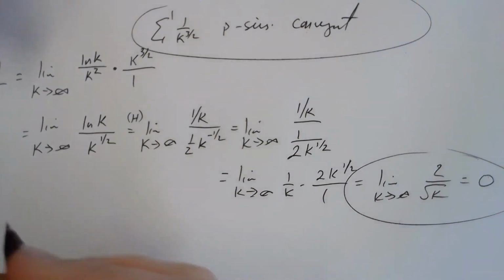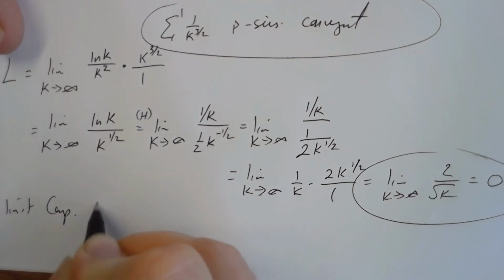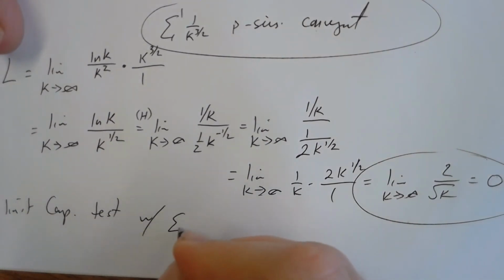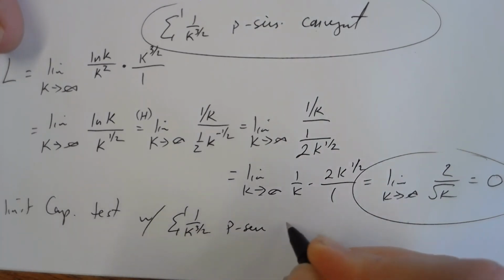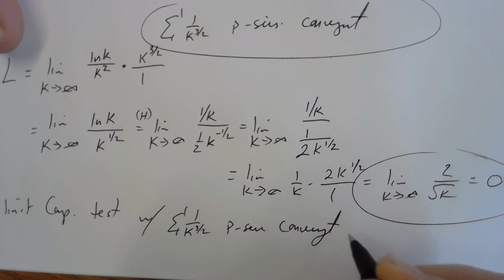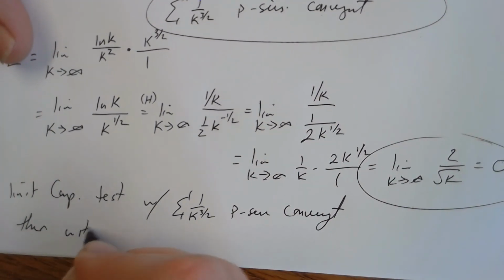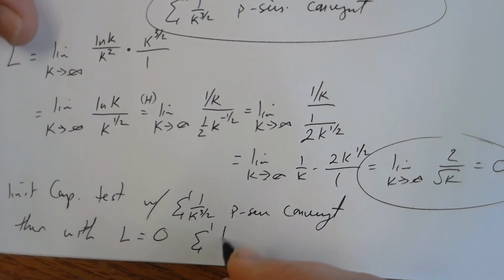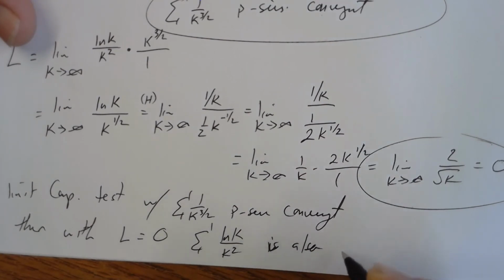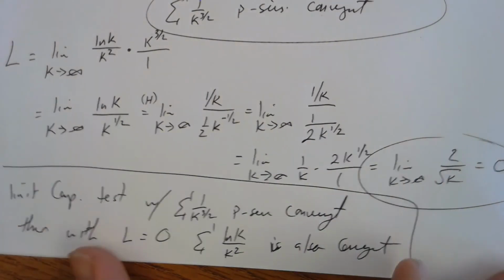So, a final statement. If I use the limit comparison test with the series 1 over k to the power of 3/2, a p-series that is convergent, then with L equaling 0, the series that we were given, natural log of k over k squared, is also convergent. And it's so important that you use those complete sentences in these examples, because it's so easy to